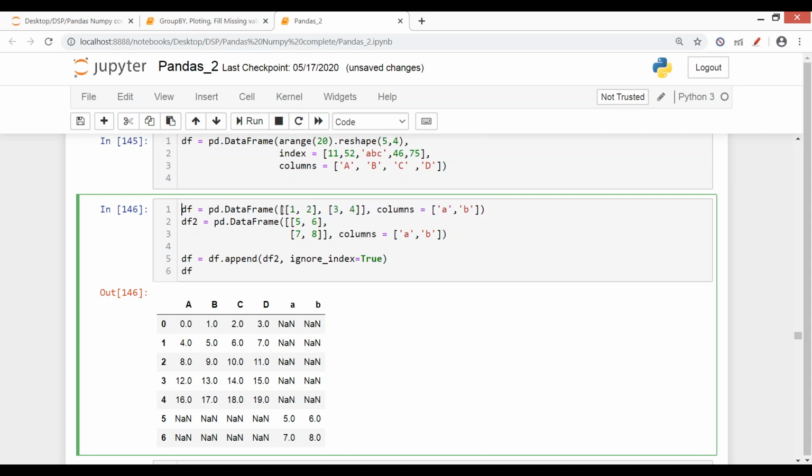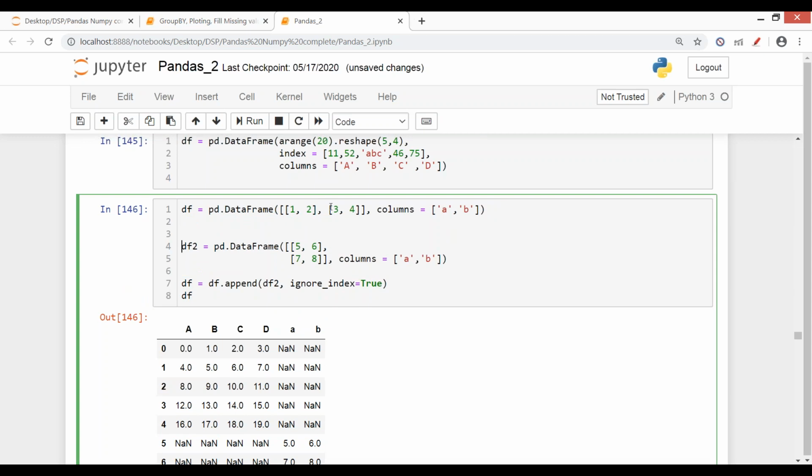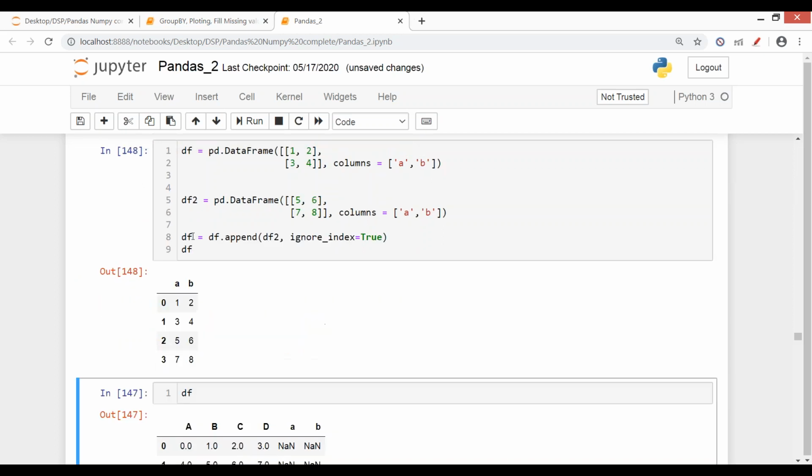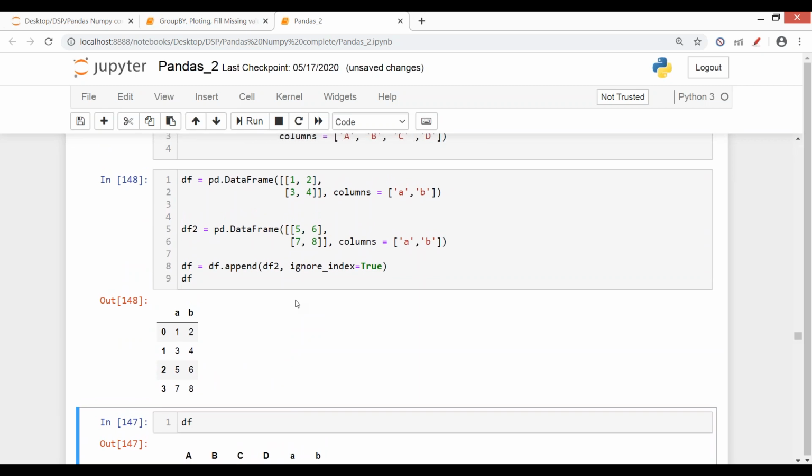If I have an existing data frame with two columns, A and B, like this which I've done earlier, column A with 1 and 3, and column B with 2 and 4, and I want to append df2 onto this df, see, append is another functionality of data frame where you can insert values of another data frame into an existing data frame.